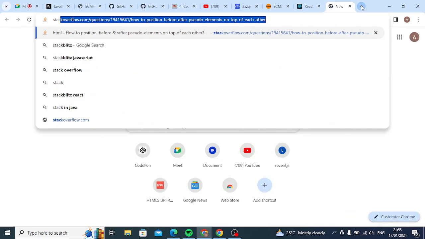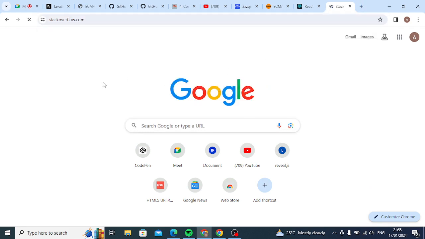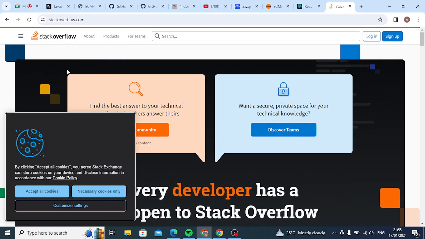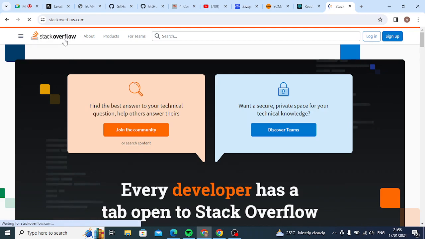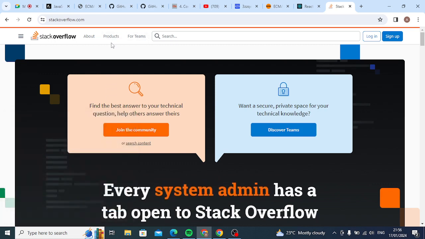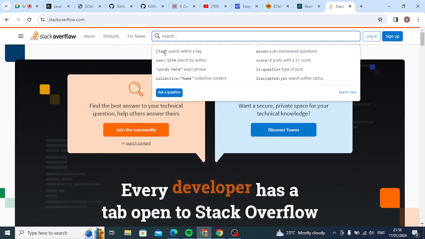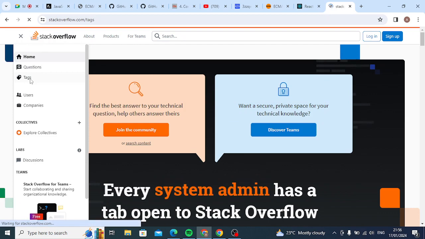So let me open Stack Overflow. You all might know what Stack Overflow is, and this is a website which was like our ChatGPT before, because we used to search for all the questions. This was our olden days ChatGPT. I don't know how many of you know this or not. So this is a website we used to use. Any questions in any language, we used to get to what is called Stack Overflow.